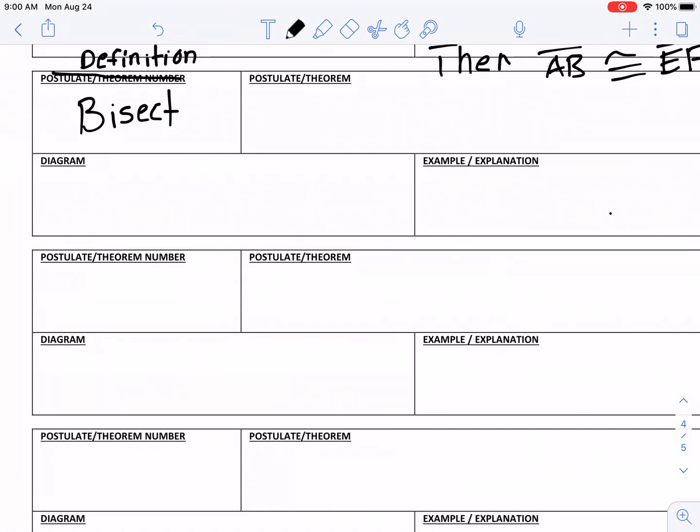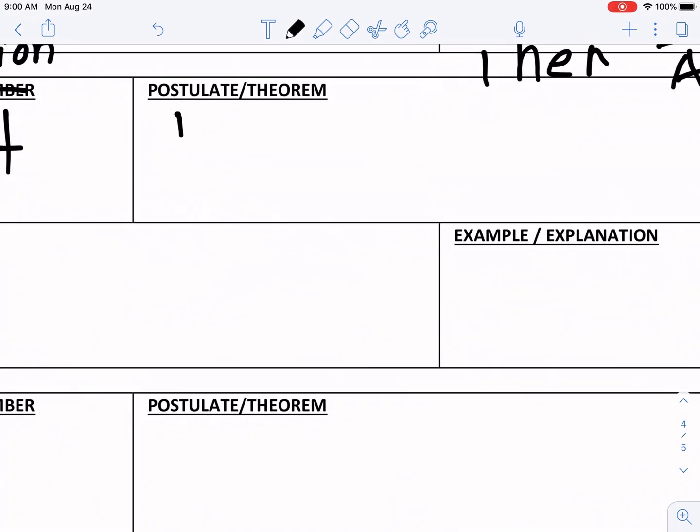Okay, one last definition here that I forgot to have you guys write down. Please add this to your postulated theorems notes, the definition of bisect, okay? And what bisect means is to intersect